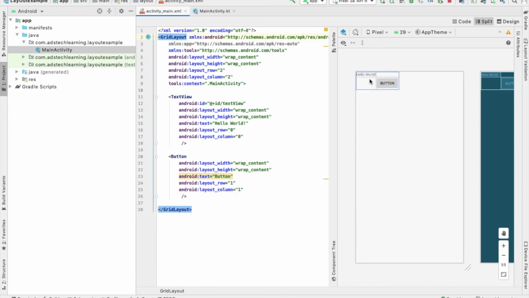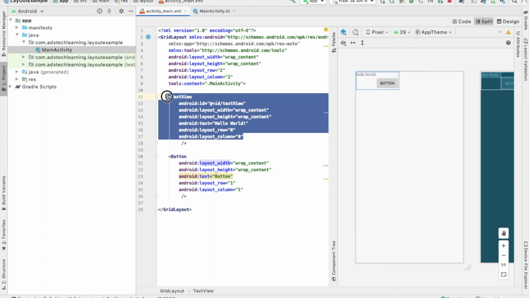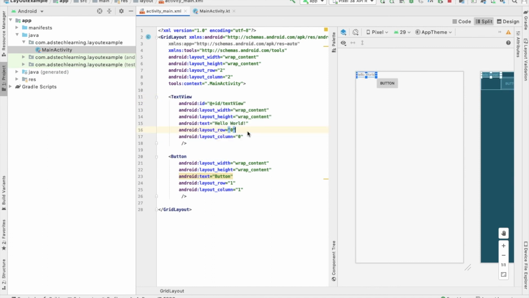So you can see the given grid layout is divided into 4 cells. This is 0, 0, this is 0, 1, this is 1, 0 and 1, 1. So I am setting the text view in 0 and 0, that is the first row, first column, and the button I have set in the last row and last column, so it is displayed here. We'll see the output.